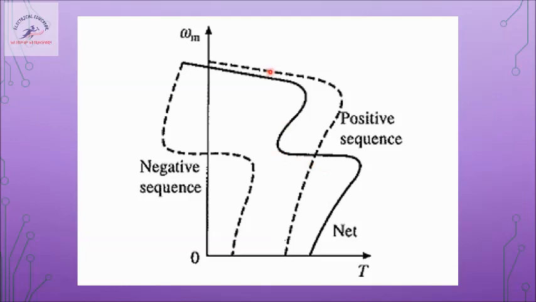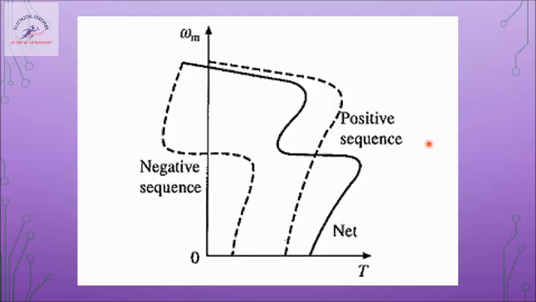If there was no imbalance, then the positive sequence torque would be the only torque present, but because of the rotor imbalance, at different values of slip we now get different kinds of torque. At slip equal to 0.5, we see that there is a dip in the torque. The torque was supposed to be like this, but when slip is 0.5, the torque suddenly drops.